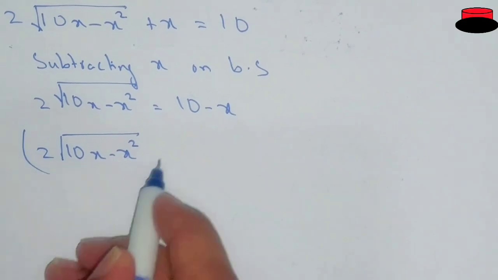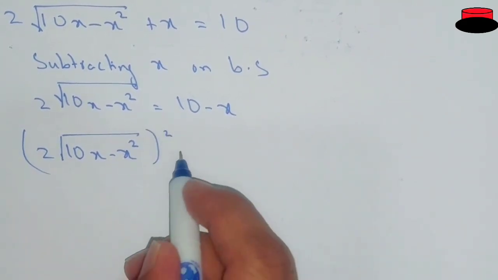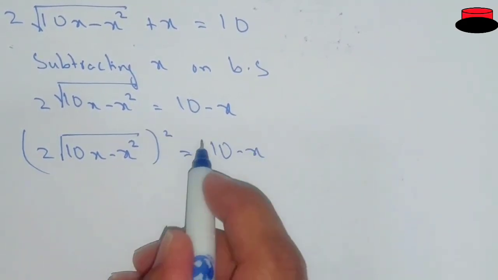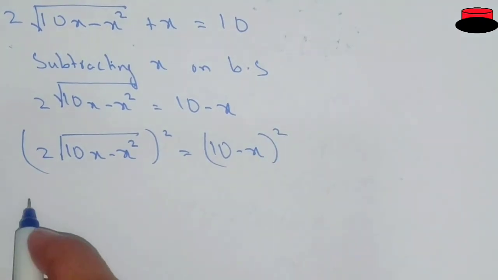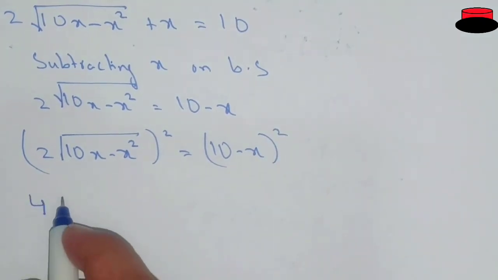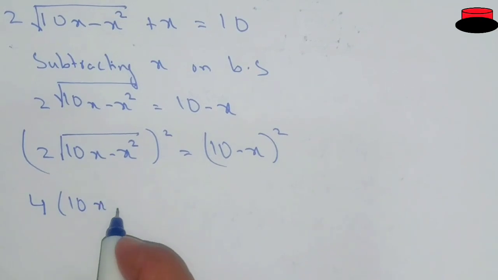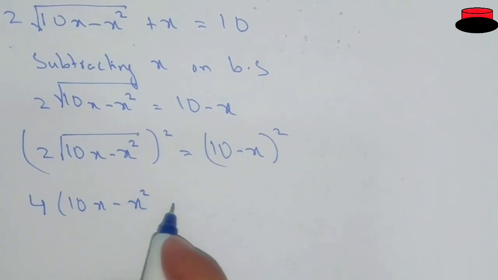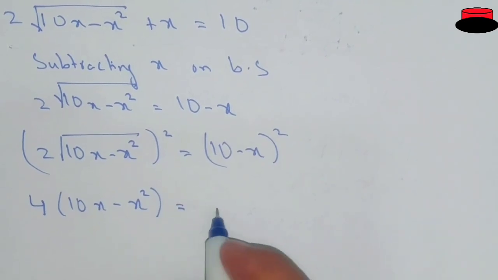Now taking the square roots on both the sides, so we have 2 in the under root, 10x minus x square whole square equal to 10 minus x whole square. So 2 square will be 4 and square under root will be cancelled, so 10x minus x square equal to,